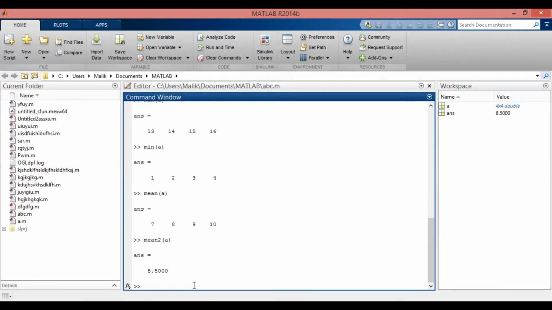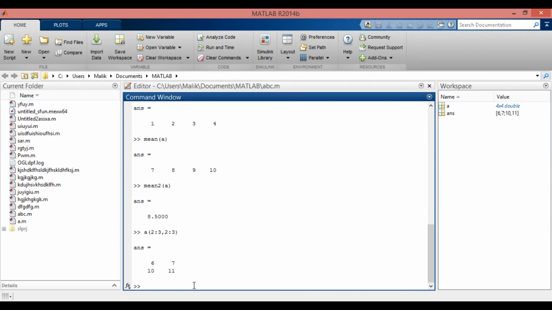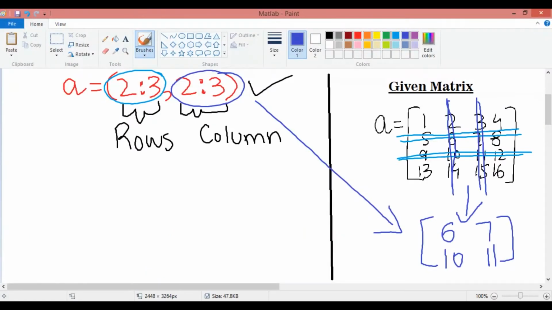So the command is A, small brackets 2 colon 3 comma 2 colon 3, and then press enter. So you can see that the result is, in the first row we have 6 and 7, and in the second row we have 10 and 11, and here you can see that we have the same results in MATLAB. So this is how it is going to work.